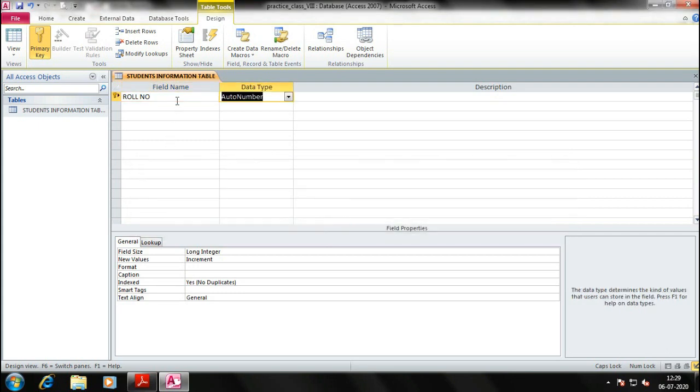So either you write down the full roll number. Roll number here is the data type, like what kind of value will be entered under the roll number, right?